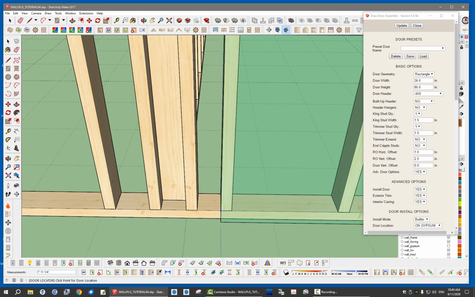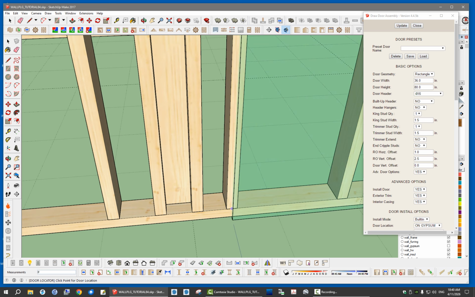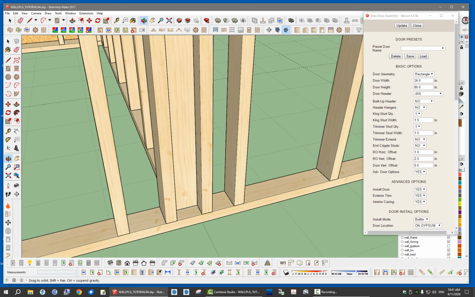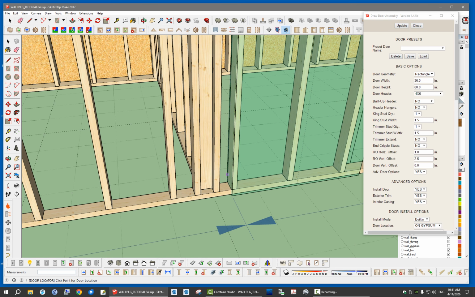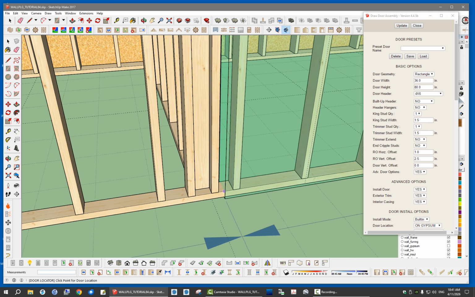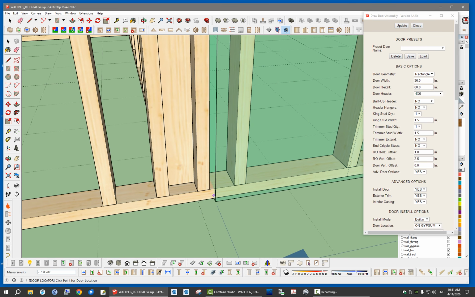But if I can reference inference off of these studs, the problem is I don't know exactly where those studs are, with regards to this point, to that point. Unless I go ahead and pre-measure it, which you can do, but when you're throwing up doors real quick into walls here, it's kind of tedious to pre-measure everything. So what I've done is, now this is for imperial units, but I will probably add in something for metric